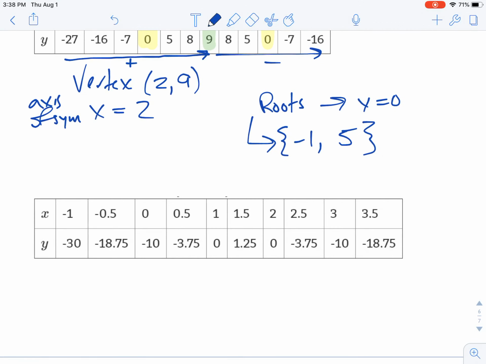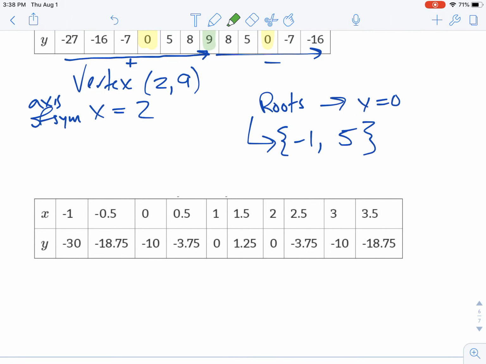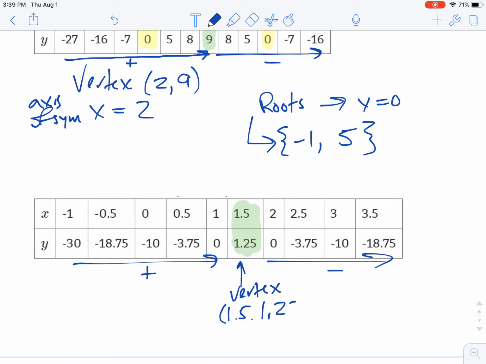One more example here, very similar. We just again look for the turning point. So the table starts low, then it increases up past 0 to 1.25, and then it decreases after that. So this area right here would be the turning point, since we're increasing to there and we're decreasing afterwards. So that's going to be our vertex. So that's going to be at 1.5, 1.25, which means that the axis of symmetry is just x equals the